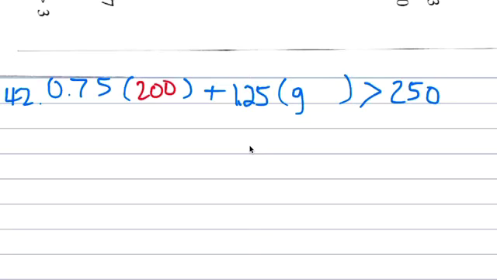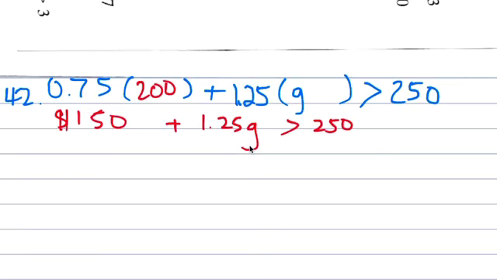Okay, so that times, 75 times 2. Write it on here and then erase. 150. I should have known that. That's an easy one. Oh my gosh. $150 is made already. And then 125G is greater than